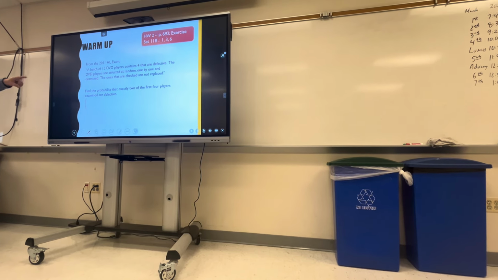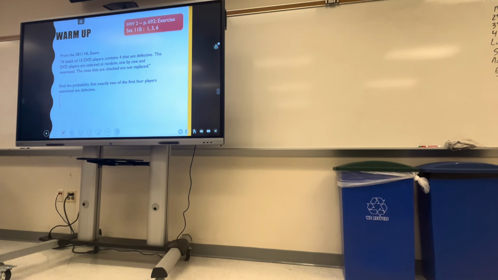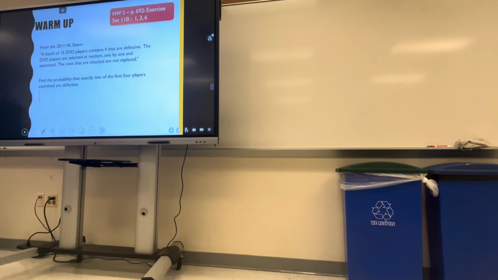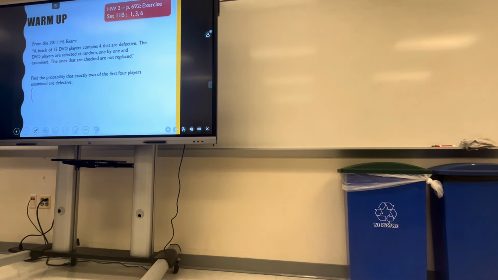We have to get 2 of the first 4 be defective. So what's the first probability you want to write down? 4 over 15. Okay, so that represents getting a defective one as the first one, right? Okay, then the next one? 3 over 15. Okay, so you're saying we get a second defective one, right? There are 3 defectives left and 14 total players left, so the chance we get a defective again is 3 over